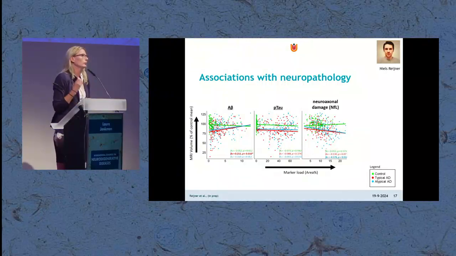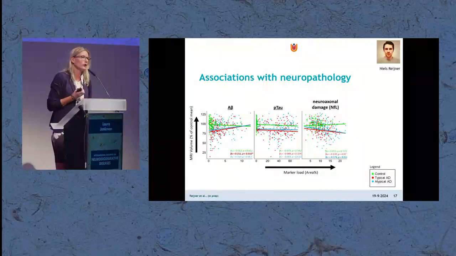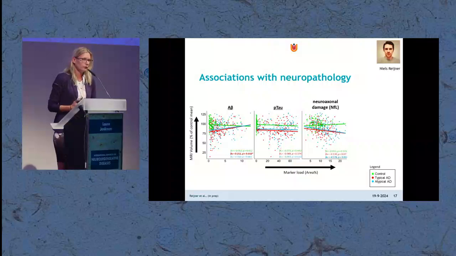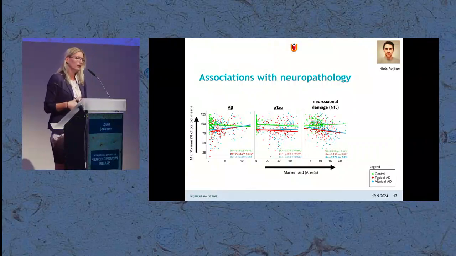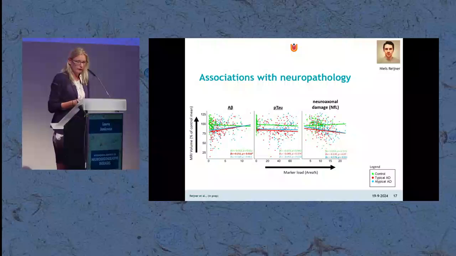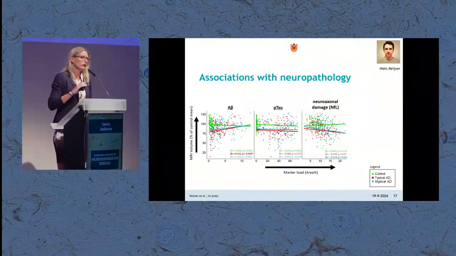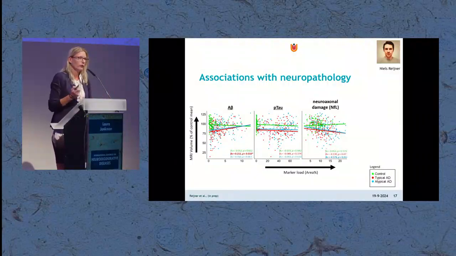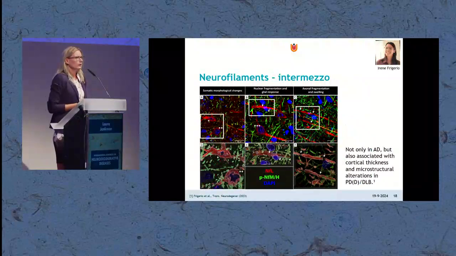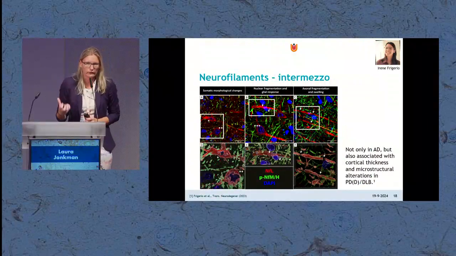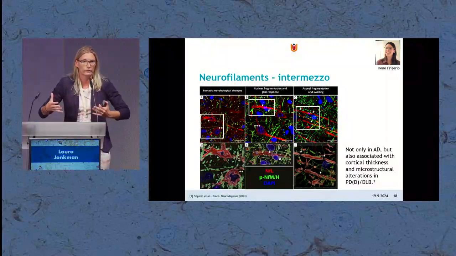We also looked at that and we saw a strong association with cortical volume loss. So neuroaxonal damage related to atrophy in Alzheimer's disease. To actually highlight this neurofilament light a little bit more, as it's also used, as I mentioned, in a clinical research setting. When we look at the neurofilaments a bit more in depth, because we have the pathology data,